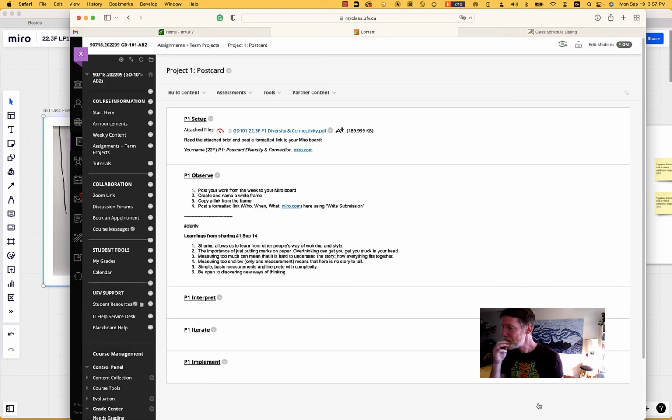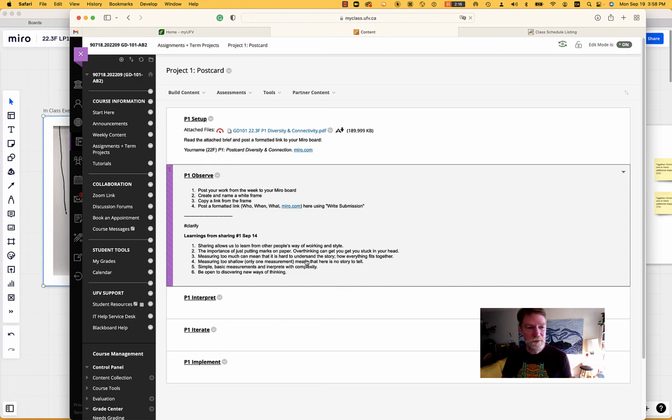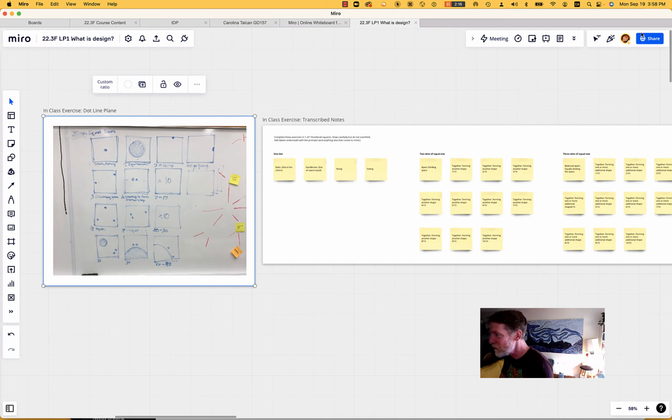So that is how you paste and format your link, and I'm going to go over this in class some more, but that's a quick demonstration on how to do that. There is one more thing that you need to do in Miro, and once you have this set up, it'll be fine. You'll only have to do it once, and that is when you go to your Miro board, here where it says share,